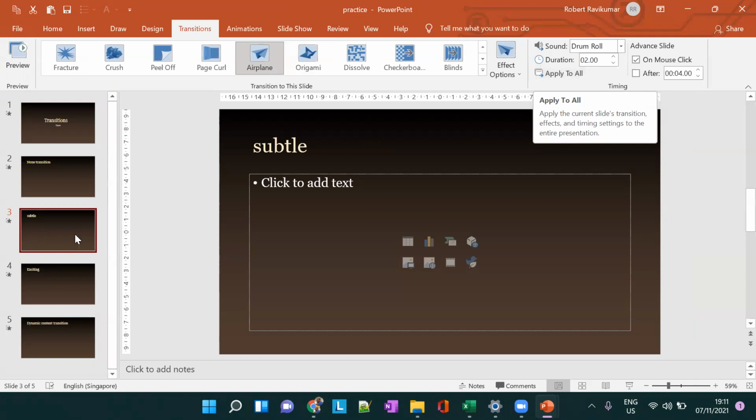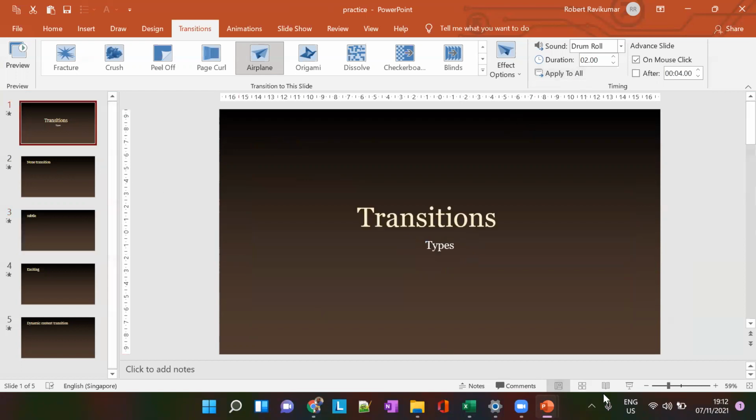The entire presentation has 5 slides here, but we selected only the third slide, and we are going to apply to all. That means it's going to copy all the transitions from the third slide to all the slides here. Previously the sound was coin, right? But I've chosen drum roll now. I'm going to apply to all. Now I've applied the drum roll sound to every transition here. Now if I play the transition, right?